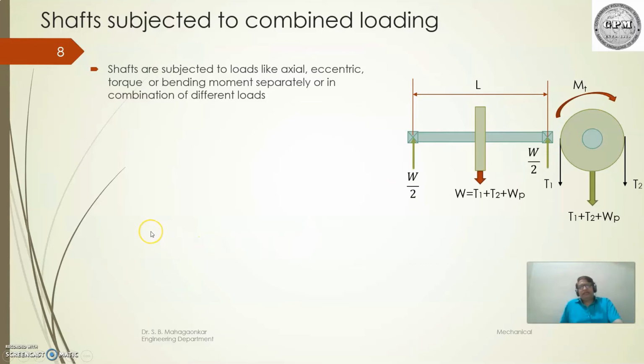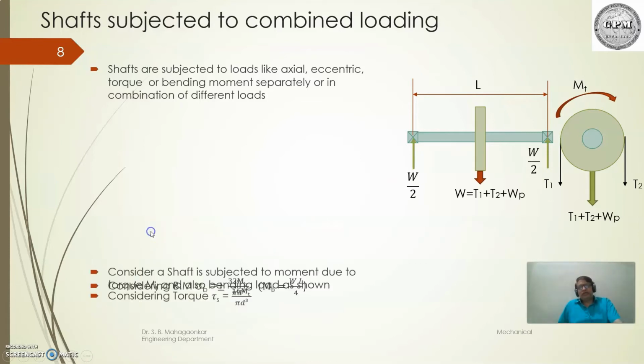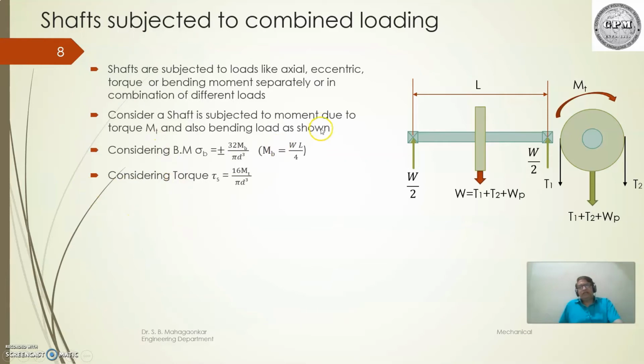So for that, the strength equation, I am going to derive that equation. Consider the shaft is subjected to the moment due to the torque M. Considering bending moment, it is equal to 32 Mb upon pi d cube. How do we get this? That is sigma b upon c, which is equal to Mb upon I, where I is the rectangular moment of inertia. By substituting I equal to pi d to the 4 by 64 and c equal to d by 2 in that equation,